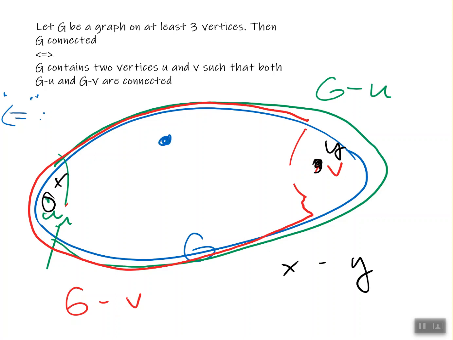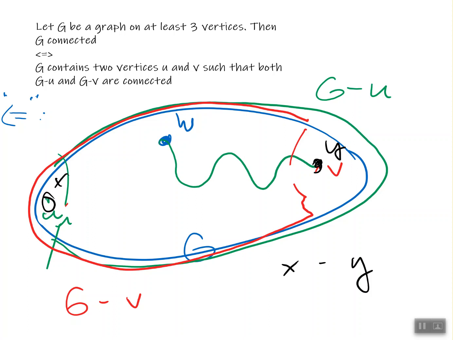Well, we just look at another vertex that we know exists. Let's call it w, a third vertex of the graph. This is the condition that we started with: the graph has at least 3 vertices. So we need this condition for this step of the proof, that we have at least 3 vertices, so we can pick it. And now we can do a green path from w